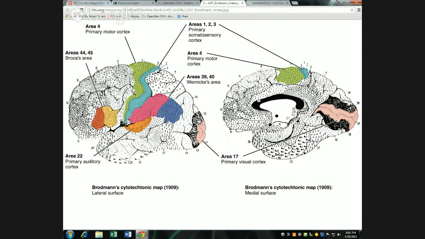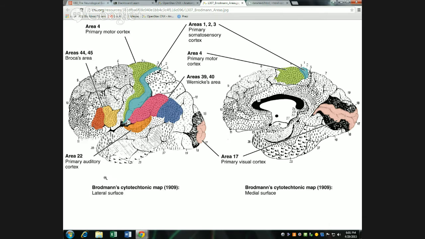So that's an example of some very specific localization. Moving the fingers, the sensory feedback of moving those fingers, and the region for planning those movements can all be very closely identified with those spots. That's localization of function. So each of these different regions that are defined anatomically by Brodmann actually correspond to functional